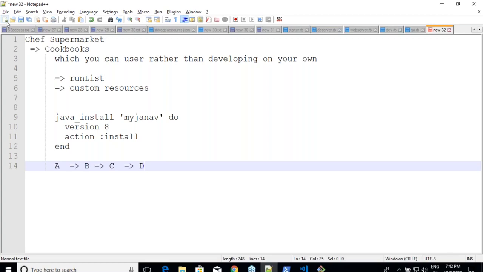So you have gone to the supermarket, you have chosen that you want to use that cookbook, and whenever you run Berks install, it will not only download the cookbook which you are depending on, it will also download its dependencies, right? So for example, if this is the case and I execute Berks install, what will happen is it will install B, C, and D into your system, right? There is also the knife way, but knife will install only B.